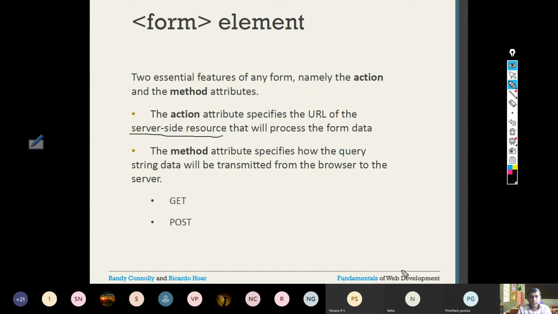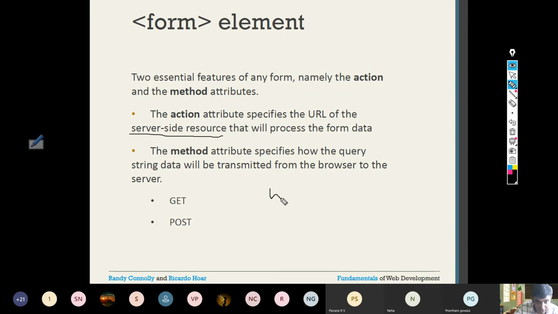Okay. So you understood what the action attribute is. Action attribute is an important attribute for the form tag. The second is the method attribute. The method attribute clearly will tell you how the query string data will be transmitted from the browser to the server.